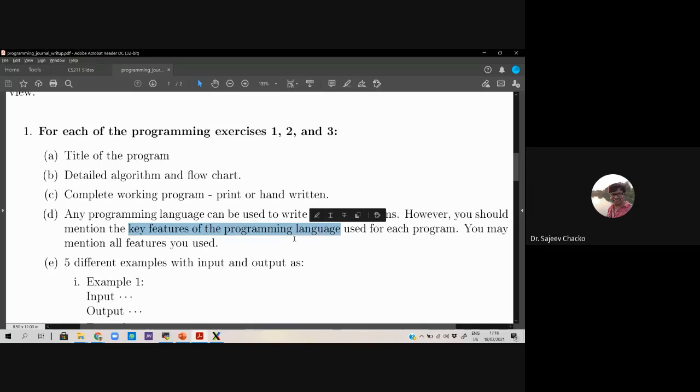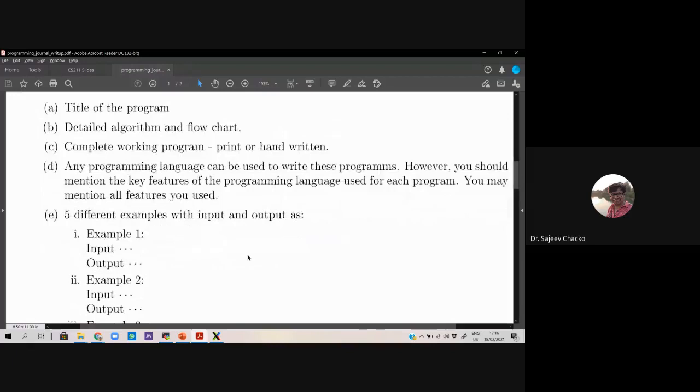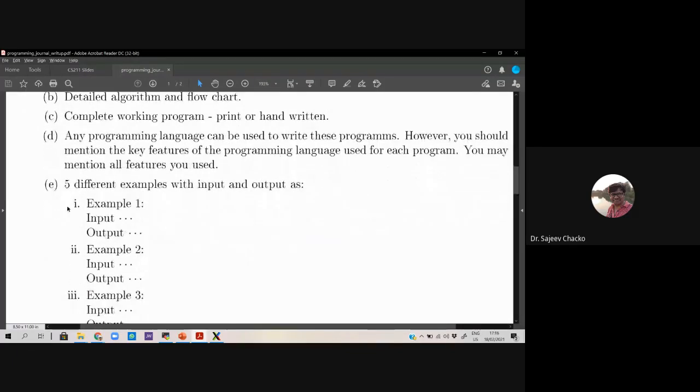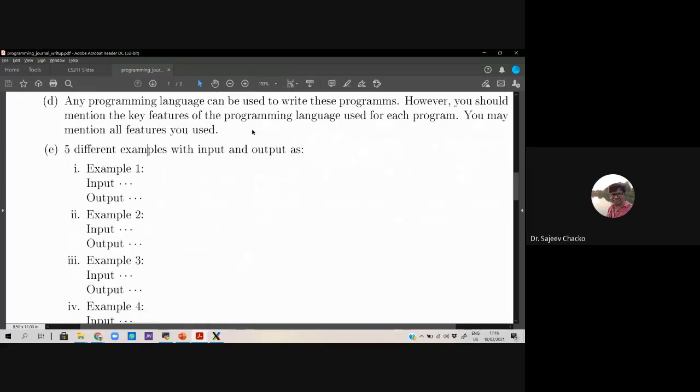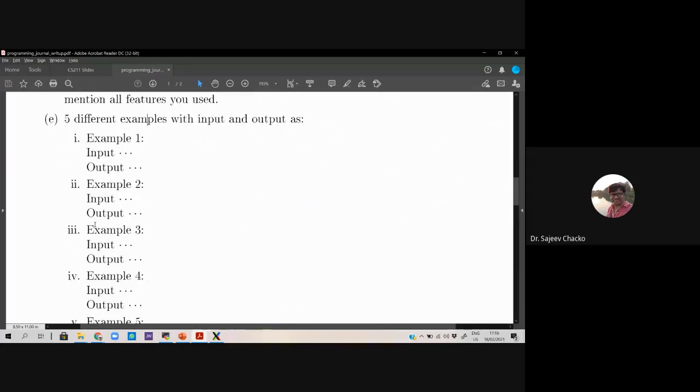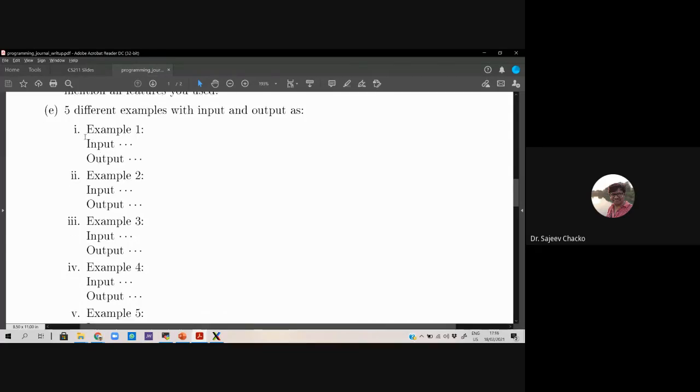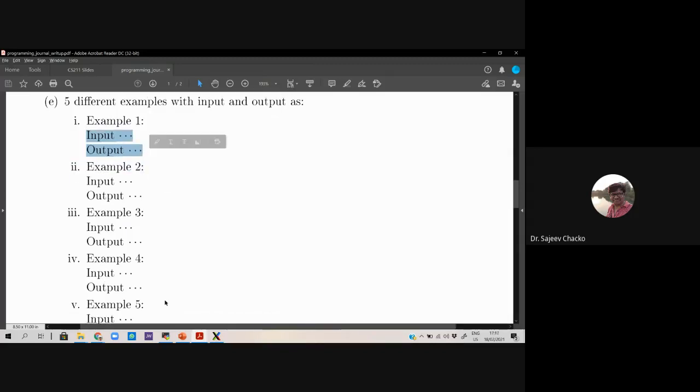And then for each of the programs, you have to work out 5 different examples with inputs and outputs. You have to create your own examples, and you have to give input and output for each of the programs.